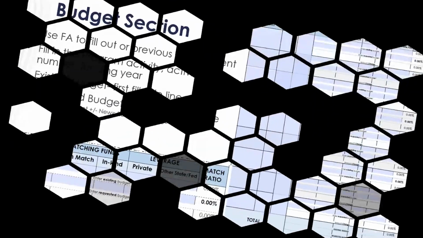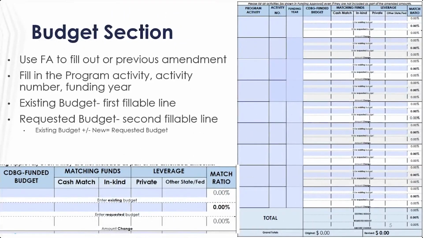All right, and then the second page of your amendment is going to be your budget section. This, a lot of times, is where I see people have the most difficult time filling out. So it's easiest to fill out your activities and your